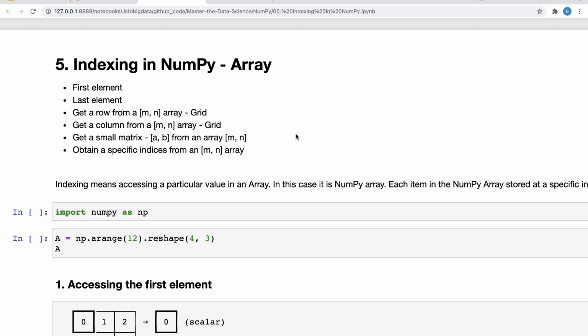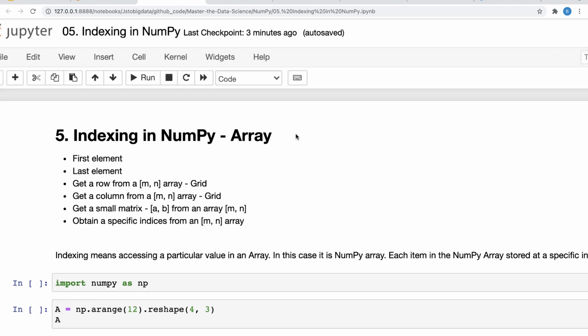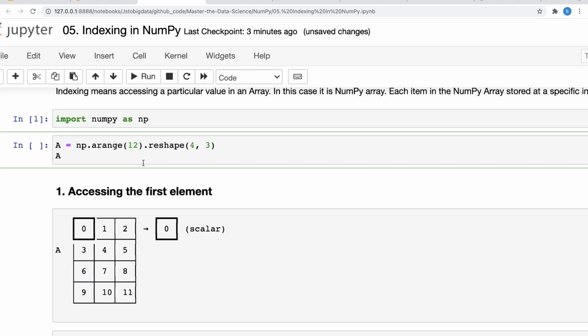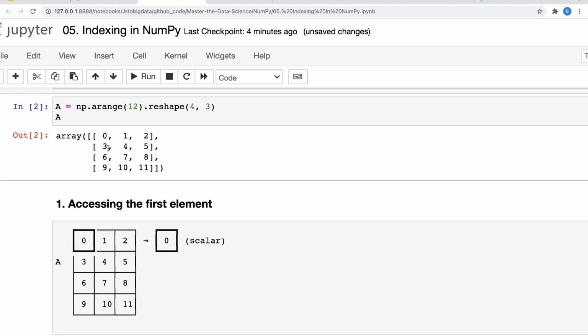Let's say the very first step, obviously we would import NumPy, and then I have an array of the type 4x3 matrix, which is nothing but 12 elements, which I just created using the arange function. You have already seen how to create an array using the arange function. So I have 0 1 2 3 4 5 6 7 8 9 10 11, right?